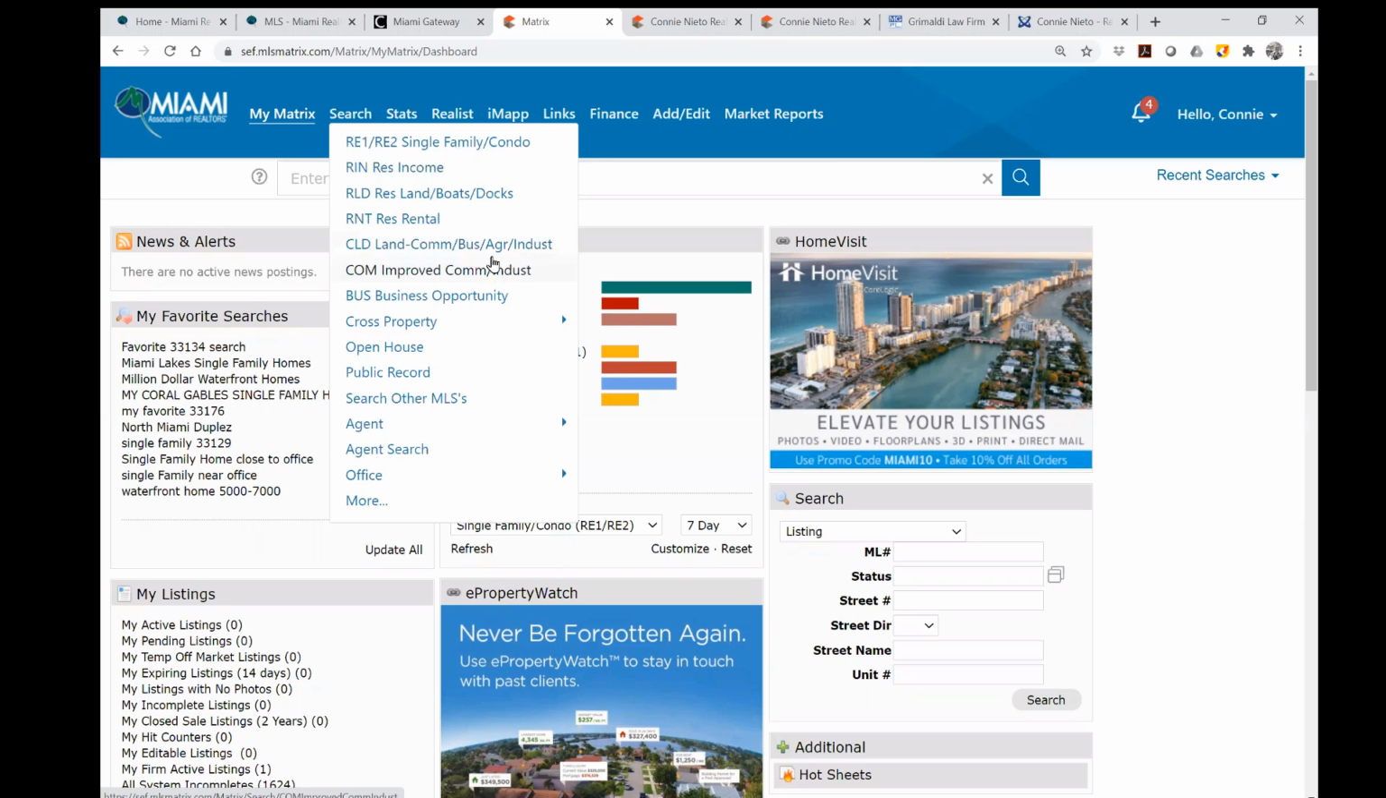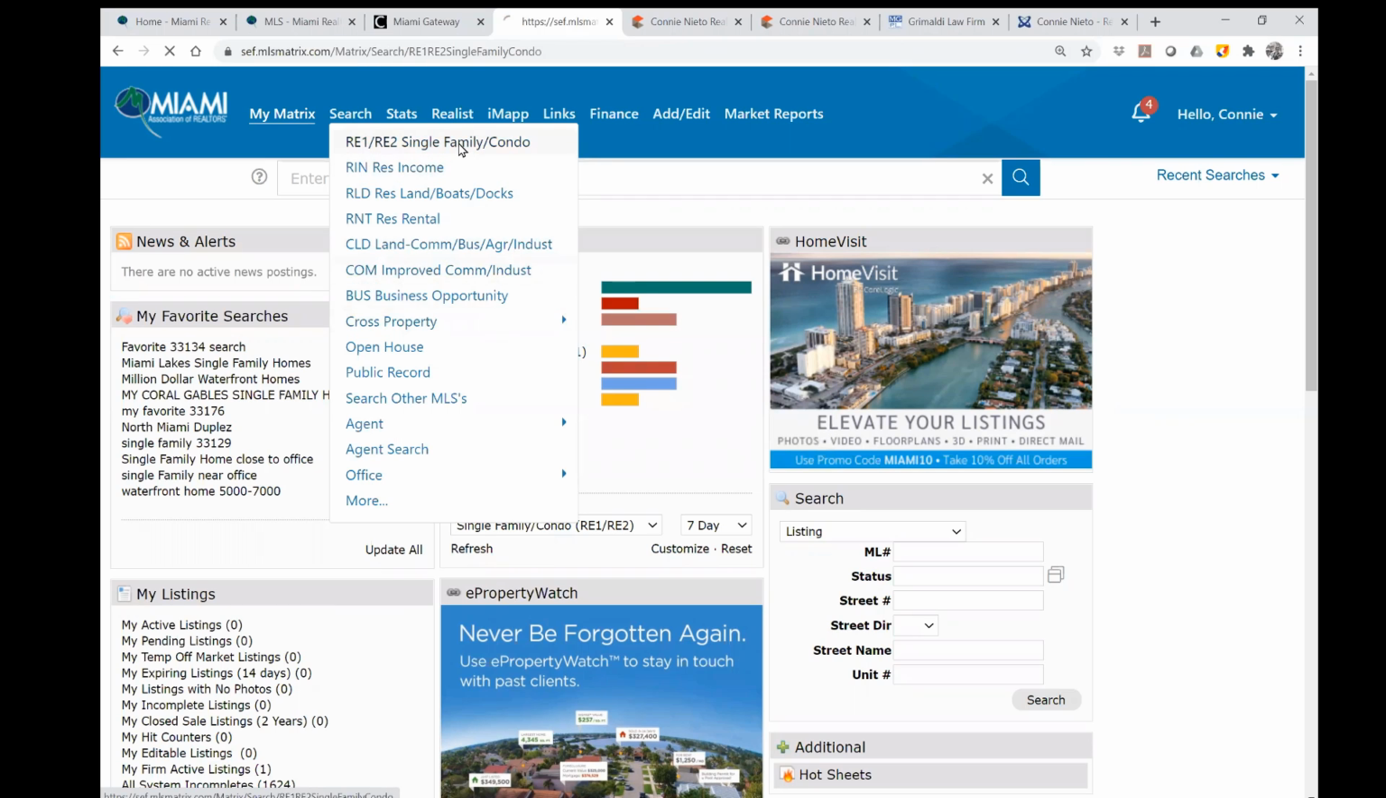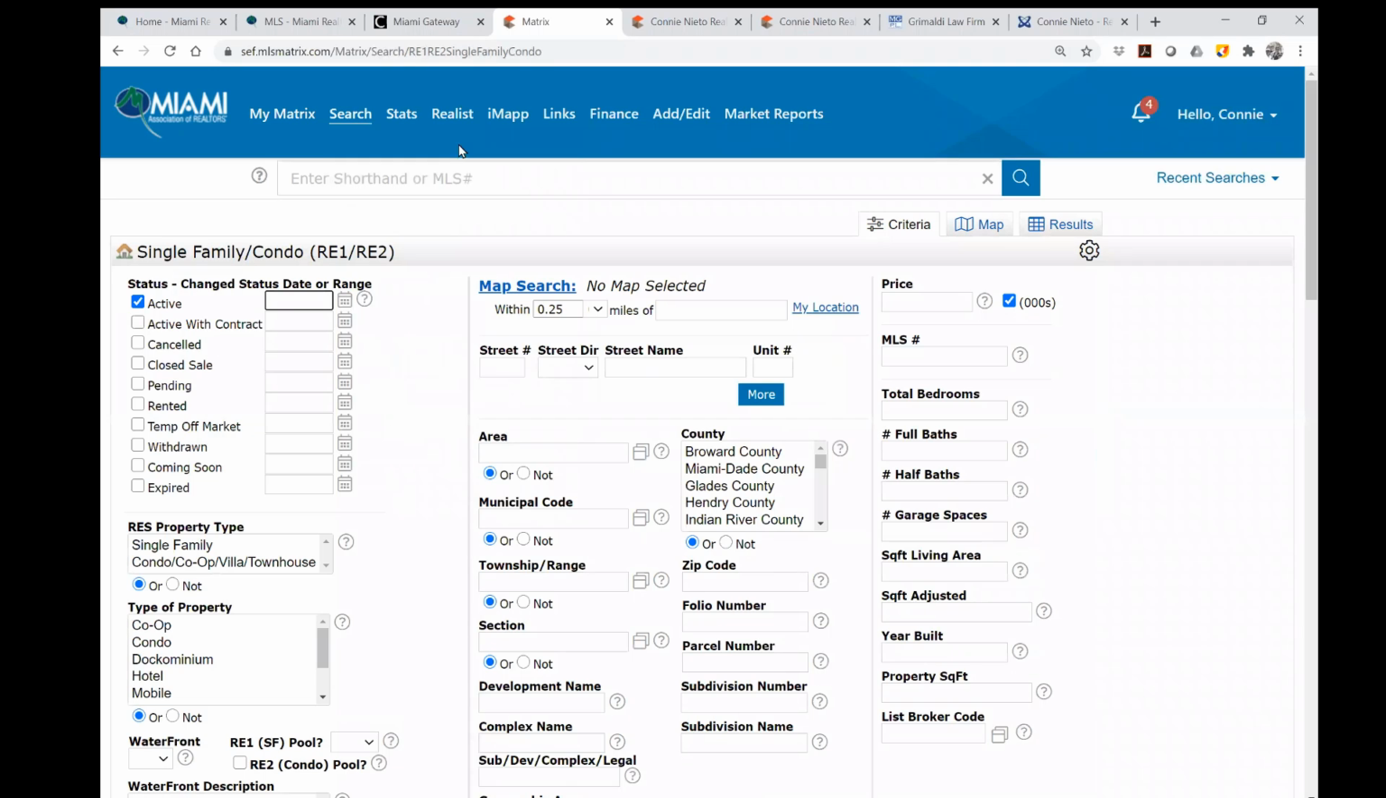Commercial land, commercial improved, business opportunity. And cross property is a search of all of the above. Okay, now let's start. If I click on, let's say, single family and condo, and I click through, notice that